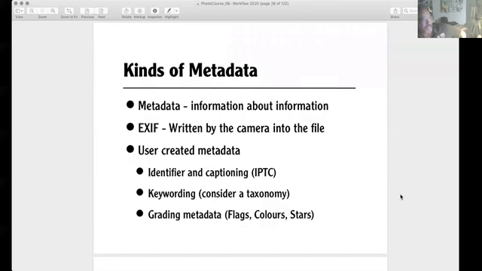I've mentioned metadata before, ever since the days of film and so on. There are basically two kinds of metadata. There's Exif metadata, which is generated by the camera and written into the file itself. That's information like the date, the time, whether or not the flash went off. There's a whole slew of information that goes into Exif. Then there is user-created metadata, which includes identifiers, who you are, where you can be found, captioning. All that falls under the